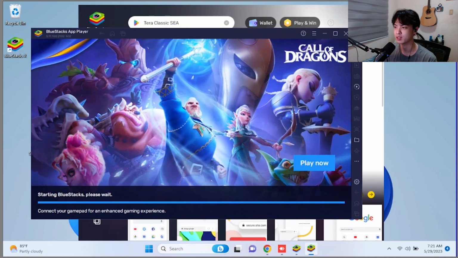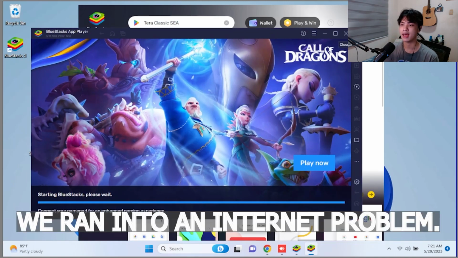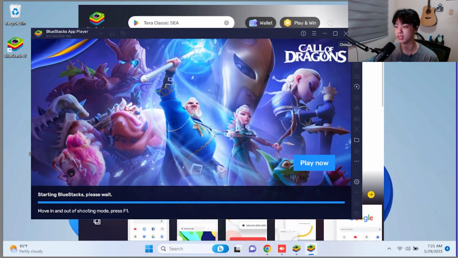It is pre-downloading the program that I tried downloading on it, and because the internet sucks, I'm not going to be able to show you that it is running the app, but as you can see here, it's just